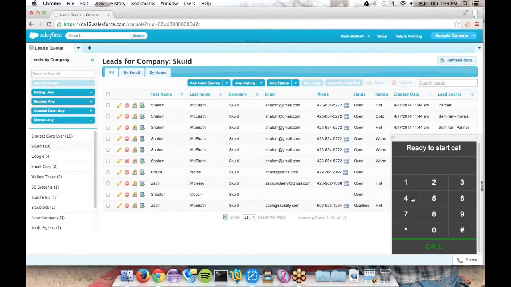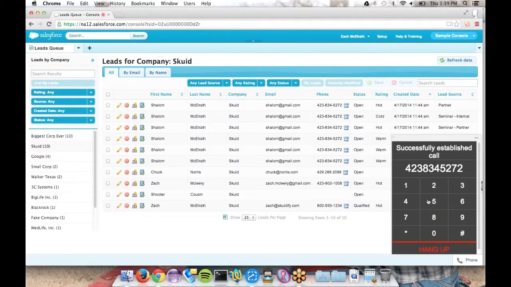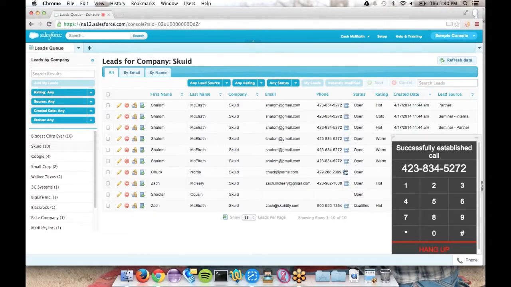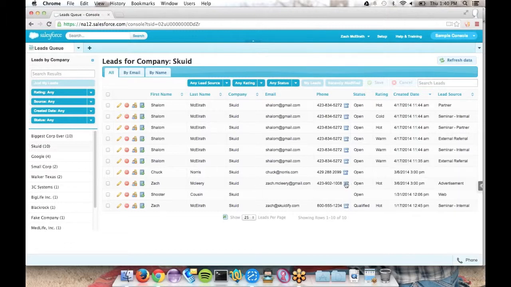So I could say, call a number, and it would dial out and make a Twilio call. So I'll be on my call, establish the call, and I'm going to hang that up. But this little phone icon is really just a click to dial. It'll let you open up that phone window with the number pre-populated. So I just click it from anywhere, and it's going to pop that open. I'm only going to click that number because I know it's safe. But that's a new feature that we introduced in Squid Spring 14, where this phone icon will show up if you have a call center configured.